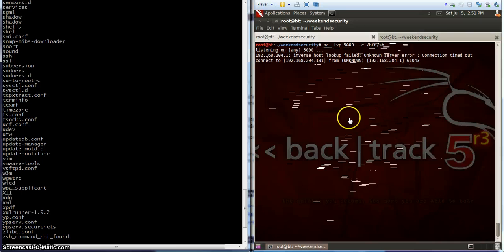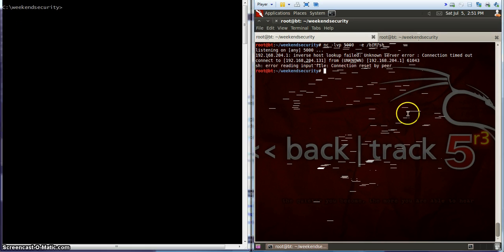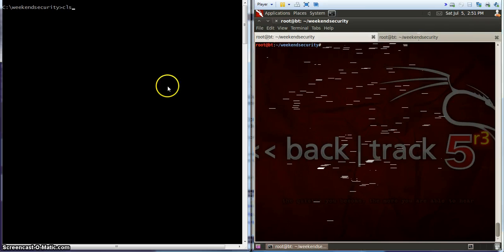Now, this is not recommended because of other complications. What you can do is the other way, where the server will not host the shell, but the server will host a dummy port, and the client will push the shell from there to the server, because this is how it works in real scenarios. It's called a reverse shell. So what I'm going to do here is terminate this, and I'm going to host a server here,